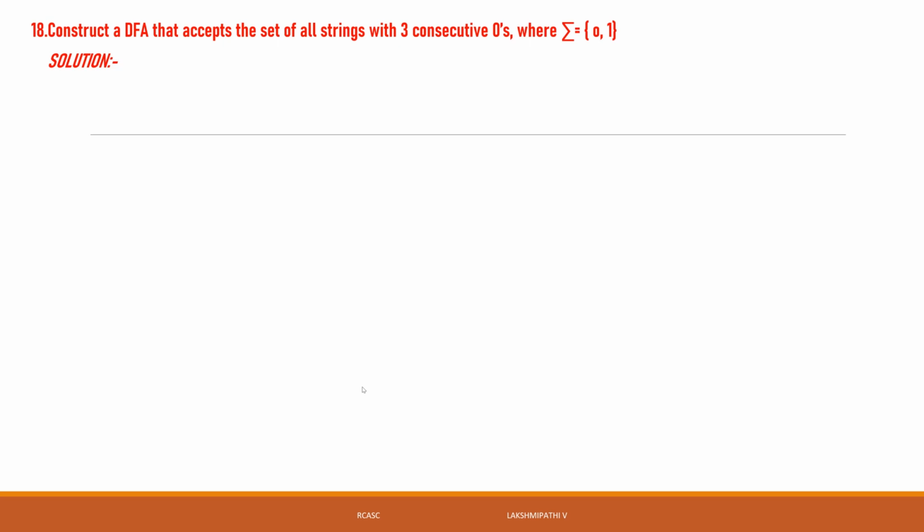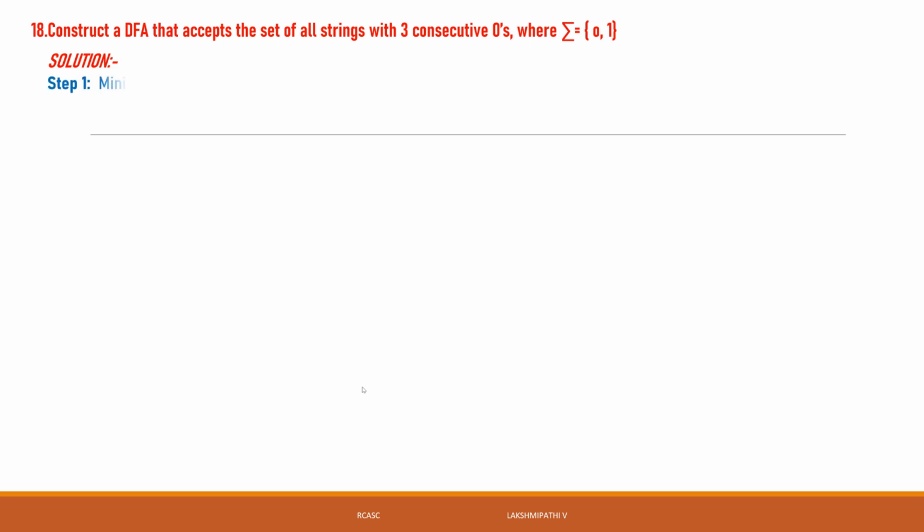Then it does not have to start with 000. In the previous example, a string with 3 zeros would be accepted, but here 01001100 would also be accepted for the substring. But here it is clearly all the strings with 3 consecutive zeros, starting with any number of ones, then 3 consecutive zeros, then any number of ones also accepted. Only that type of string will be accepted. According to this type, we need to draw the DFA.